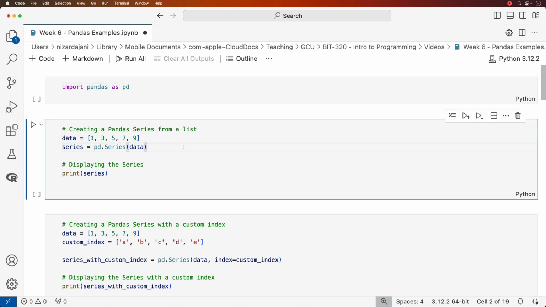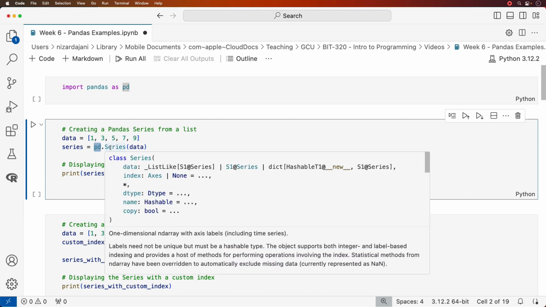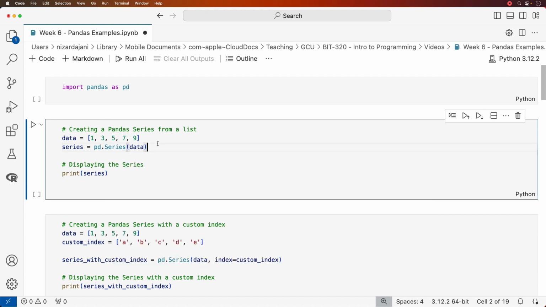Okay, now one of the classes in the Pandas library is the Series class. The Series class is part of the Pandas library, so pd.Series. The Series is going to give us a one-dimensional set of data, and our data has been defined here as a list of integers. So we have a list called data, and the assigned values are a list of 1, 3, 5, 7, 9,